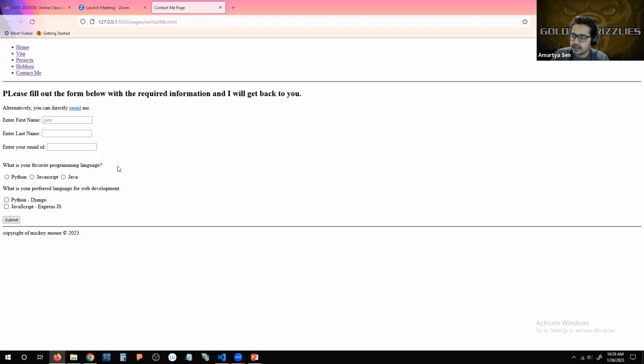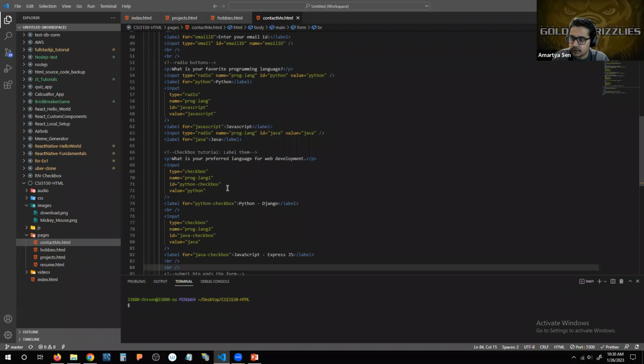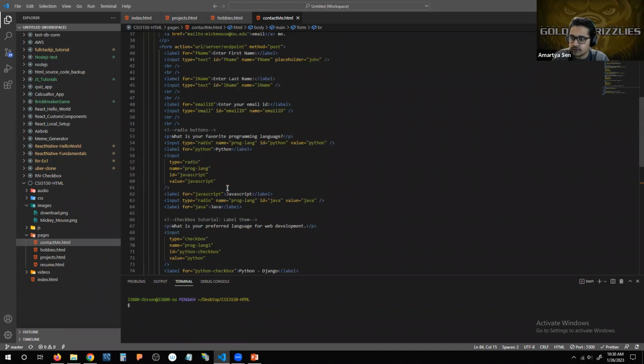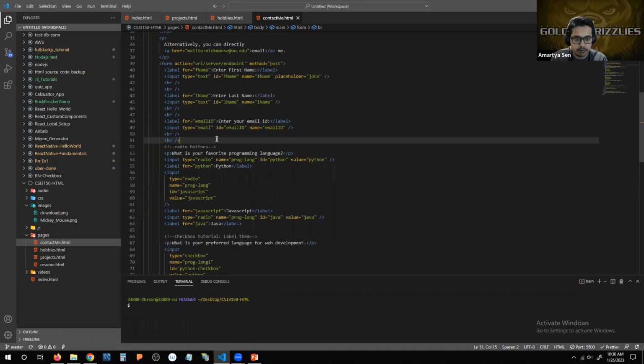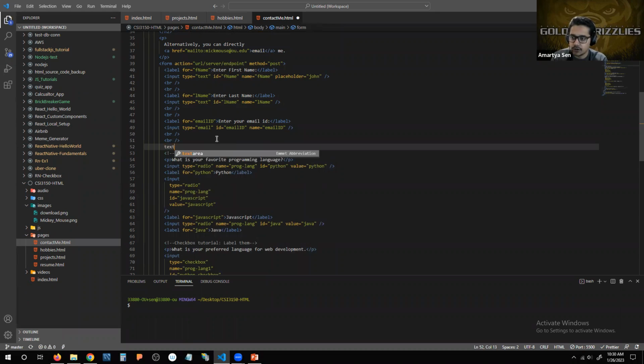Okay, so the last thing that I want to put on this page is basically, after this, an area where the user can, let's say, write a review or some sort of feedback and things like that, right? So that is not essentially done using a text box when you're writing a much bigger message. Okay, so you want to use some sort of element that is known as textarea itself, right? So if you want to do that, let's try to do it right after where we have requested the user for their email ID. So here, what we would want to say is we want to use the textarea